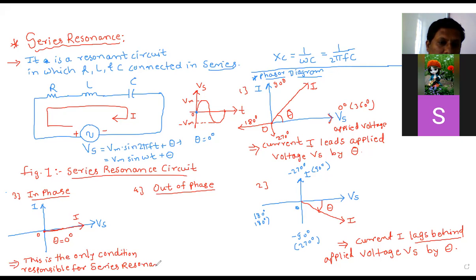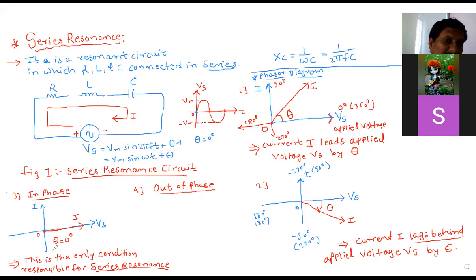Series resonance होण्यासाठी हा एकमेव कंडिशन आहे. काय कंडिशन आहे? करंट I should become in phase with applied voltage Vs. असं असतं इनिशियली. एक तर तो लीड असतो किंवा लॅगिंग असतो. तो आपल्याला कंट्रोल करून L आणि C चं व्हॅल्यू कंट्रोल करून we can vary either L or C, either one of the value if you can change, and we have to change such that the current I in the circuit becomes in phase with Vs, then and then we can say that resonance occurred. Resonance झाला याचा अर्थ पर्टिक्युलर फ्रिक्वेन्सी सिलेक्ट झाली आणि बाकीच्या फ्रिक्वेन्सी एलिमिनेट झाल्या.